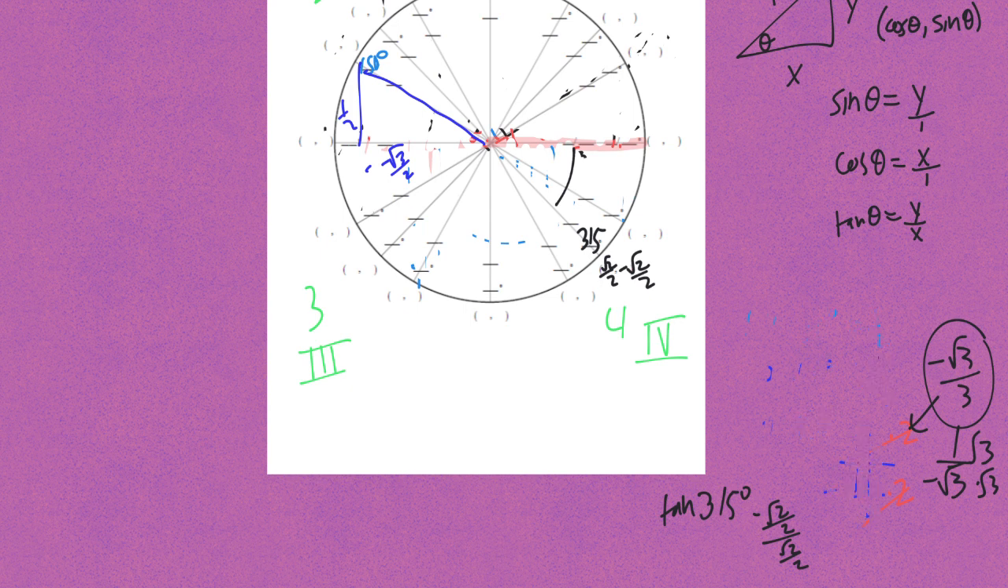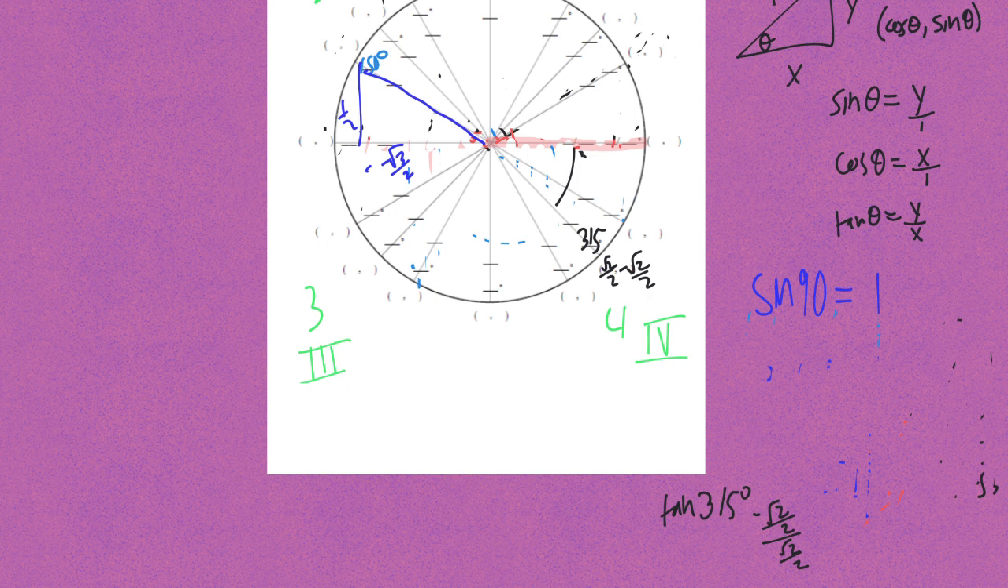What is the sine of 90 degrees? Okay, let's write that down. Sine of 90 degrees. The sine of 90 degrees is going to be the y-coordinate, and so it's going to be 1. And